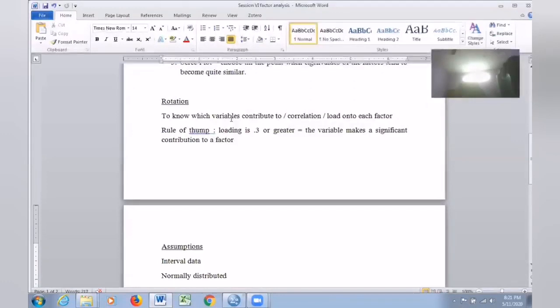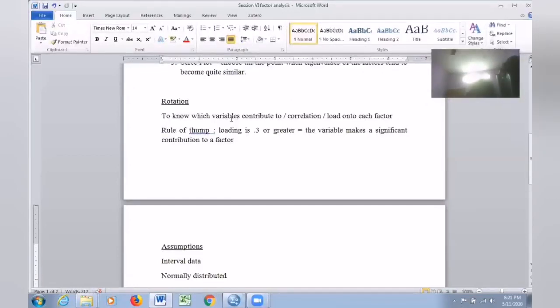Fine. So once the method is decided and how many factors are decided, now we need to rotate the factors. You need to find out what are the variables that have the correlation that load onto each factor. So which variable is loading on which factor? Which variable is contributing to the variance of, or correlated to, which factor? You want to find that out. What is the rule of thumb? It's very simple.